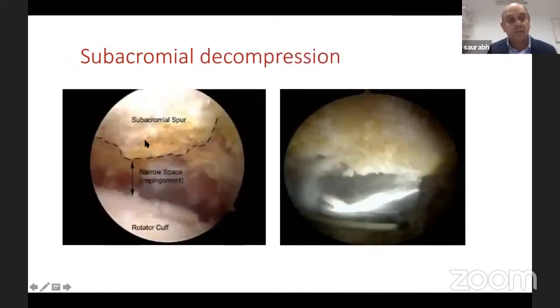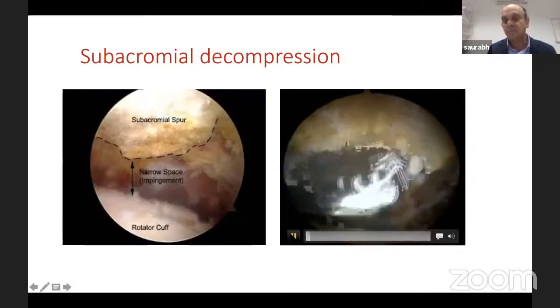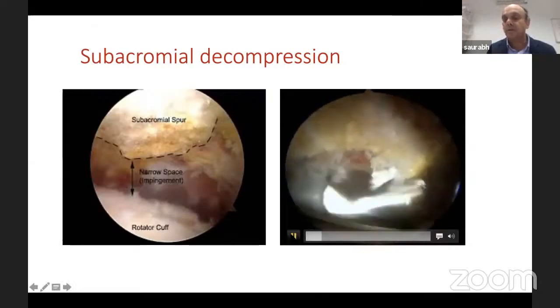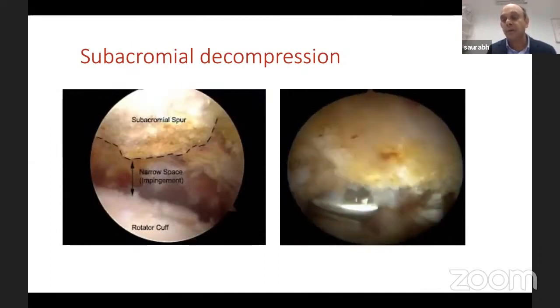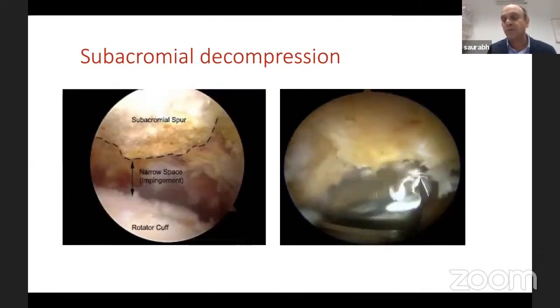This is again a slide from Google. So you can see some curved acromion. Sometimes you can have spur, but see how narrow the space is. So this patient will have mechanical impingement to supraspinatus on overhead abduction. And this is me doing subacromial decompression basically. So again, this is your third portal, number 3 portal.